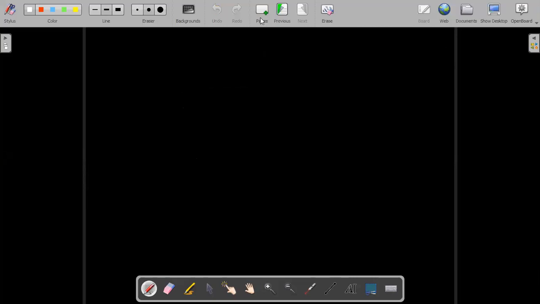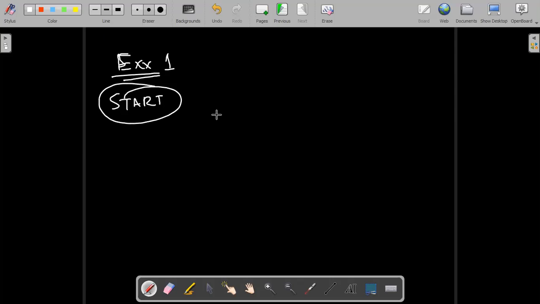For constructing, this is the logic. Whenever I have a start button, this is our first example. Whenever I press the start button, it should turn on a heater and a stirrer.